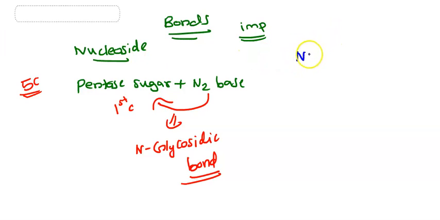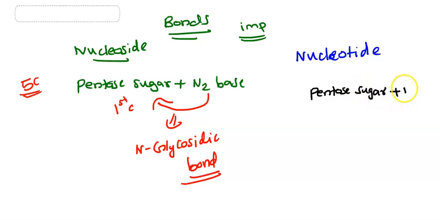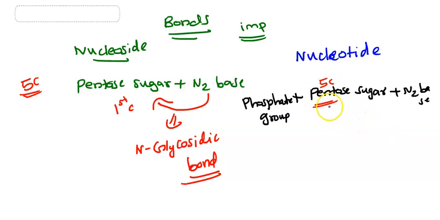Next we are taking nucleotide. Let me take nucleotide. In nucleotide, what all things can we see? Definitely we can see a pentose sugar, and with that we can see nitrogen base, and also we can see one phosphate group, right? How many carbons are present in pentose sugar? From the word itself, it is clear that it is 5 carbon. That is why the name pentose.